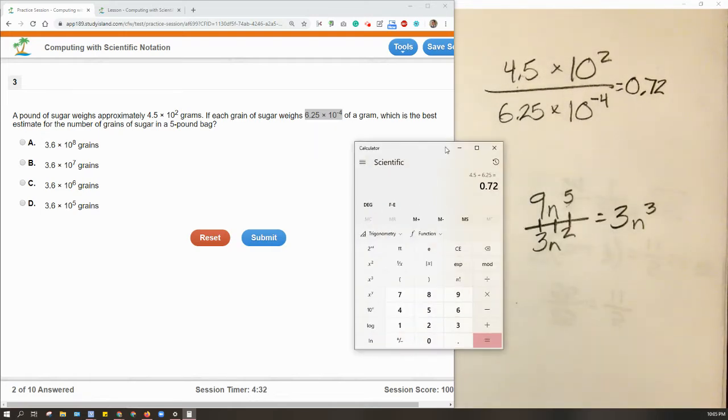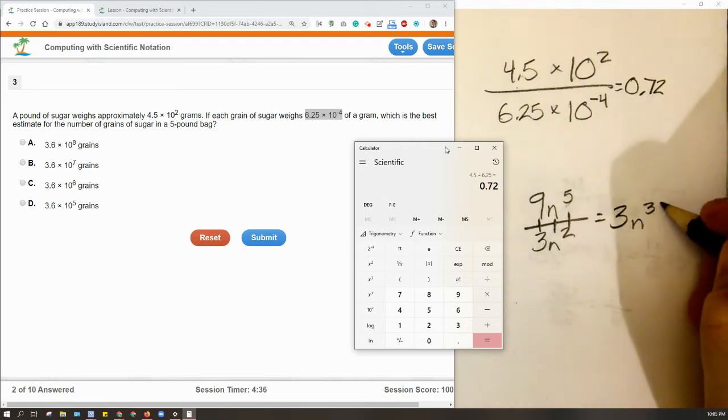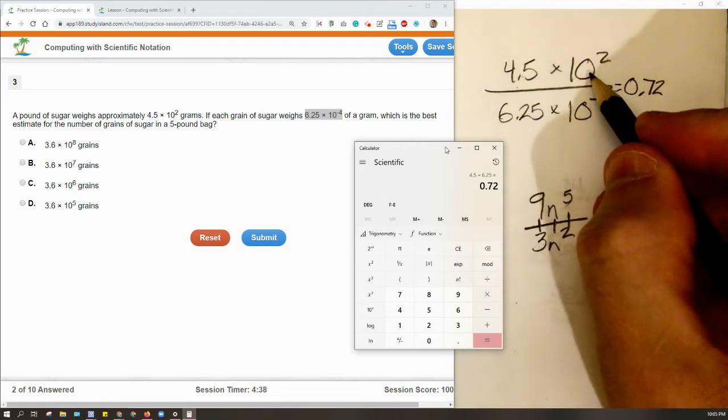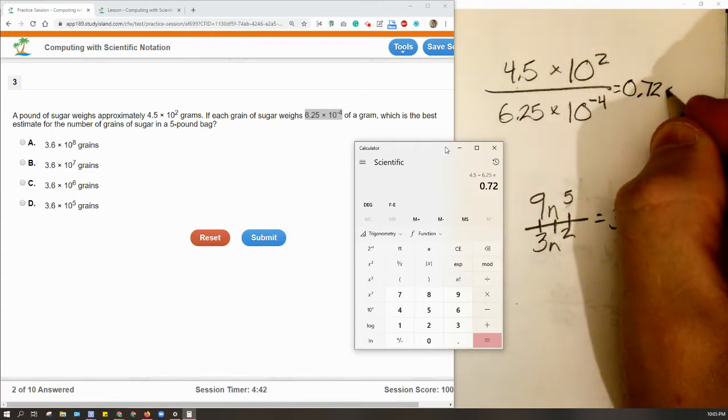I'm going to keep my times 10 for the base, just like I kept the n in the other problem, just like I kept the n when I did this one. I'm going to keep the base, which in this case is 10. Remember, the base is the thing being raised to an exponent. So in this case, the 10 is being raised to an exponent, so the 10 is the base. So I'll keep the times 10 part,